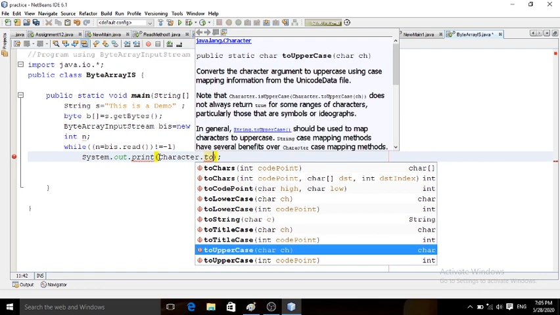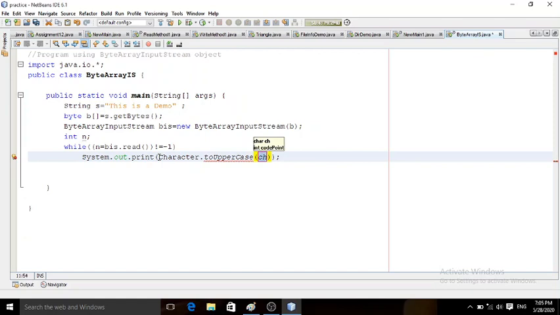Just for differentiation, whatever the input is, we have read it only for that. So I am converting this character to uppercase, and I am using n here. But it is not necessary to convert it to uppercase.